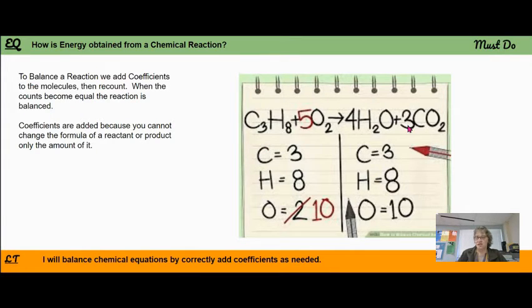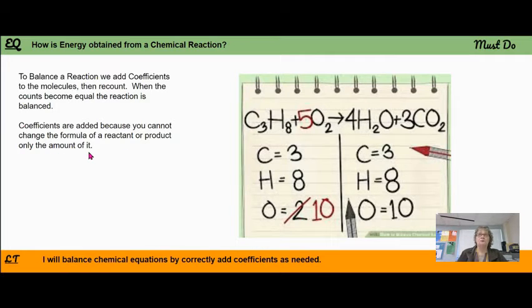Okay, so here's an example. We counted out the number of atoms on each side, the reactant side and the product side. Then we added a coefficient here and we recounted that particular part of it, right? So we recounted to make sure that now it's the same, okay? Coefficients are added because you cannot change the formula of a reactant or a product, only the